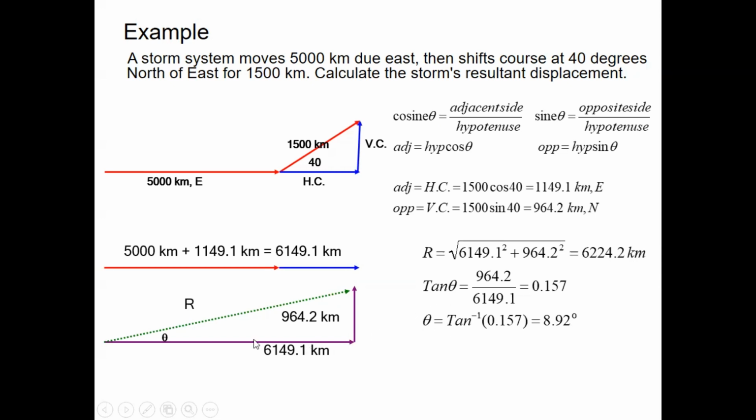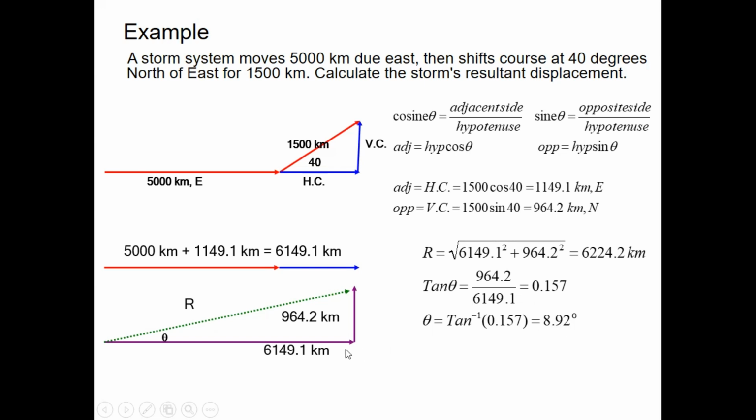Tangent law says that the perpendicular divided by the base will be the tangent. So tangent of this unknown angle theta is 964.2 divided by 6,149.1, and the answer is 0.157. If I take the inverse to find out the theta, then tangent inverse of this, use a calculator to find out. You will see the angle is small. It is 8.9 degrees, roughly 9 degrees,